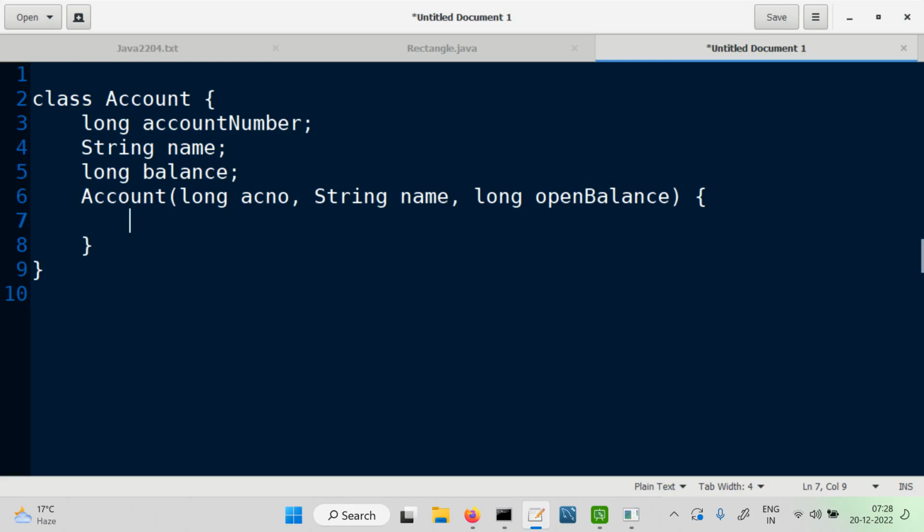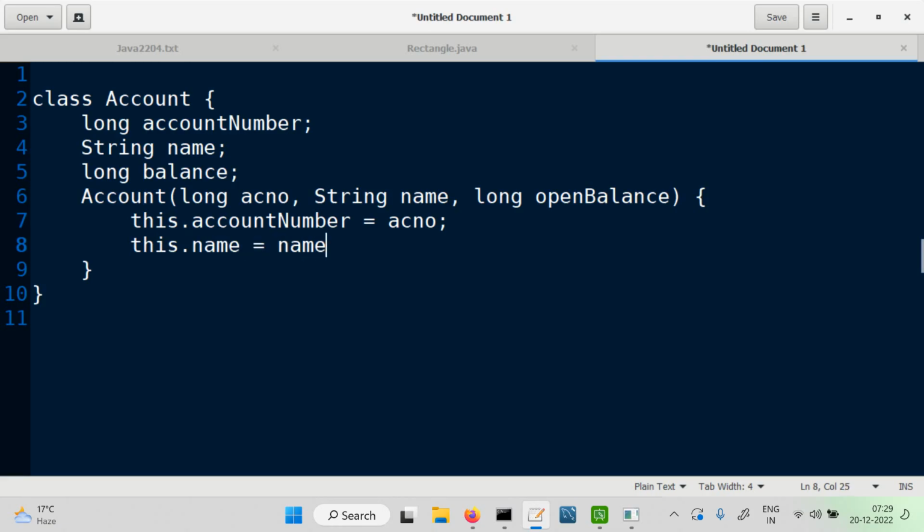Initialize the instance variables. So that's the first part, the constructor. Then